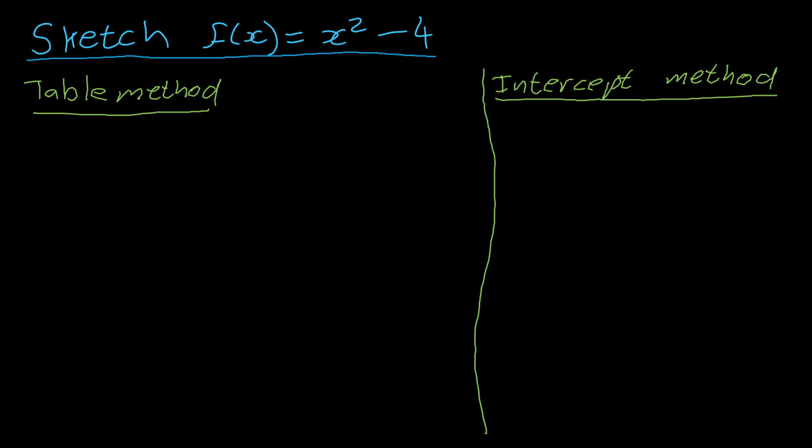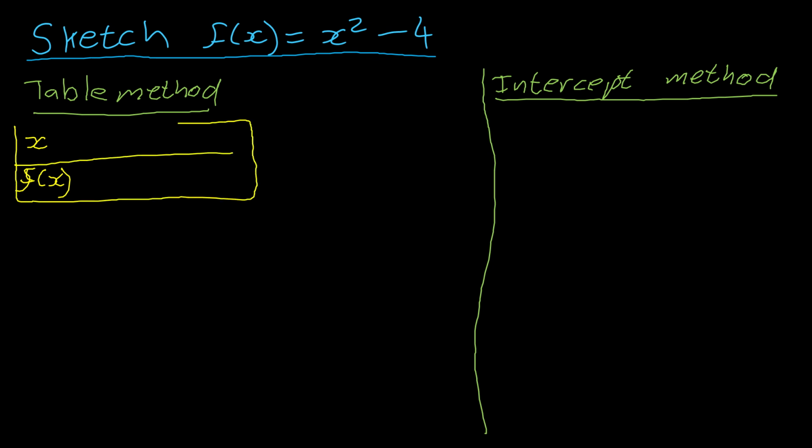Now, basically what the table method entails is you are going to say, okay, I'm going to draw a little table. I'm going to pick a few x values. In this case, it's always safest to use -2, -1, 0, 1, and 2. And then you're going to take those x values and substitute them into the equation that was given. So in other words, you're going to say